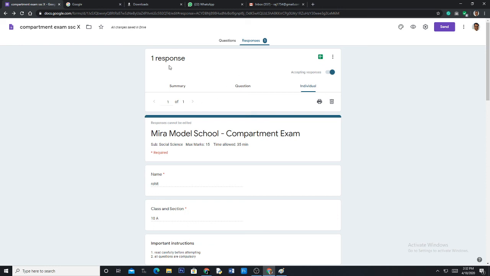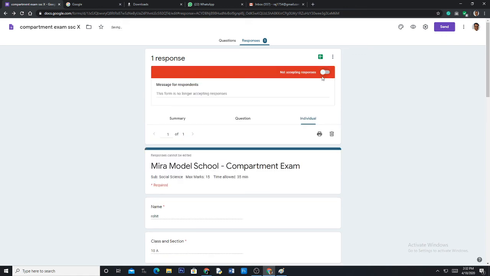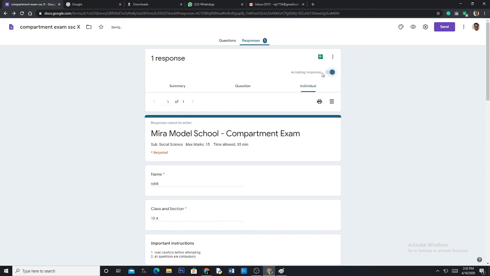Once the exam is over, you can click on this. This means now the link is deactivated, and no one can submit responses. If you keep this enabled, that means you are accepting, and the student can appear for the exam. Once you disable this, the student no longer can submit his answer sheet. Okay, fine.